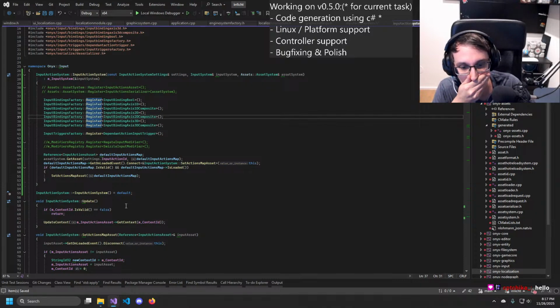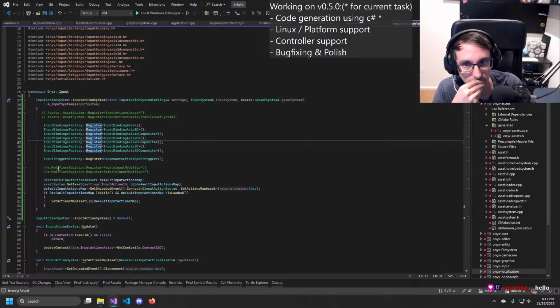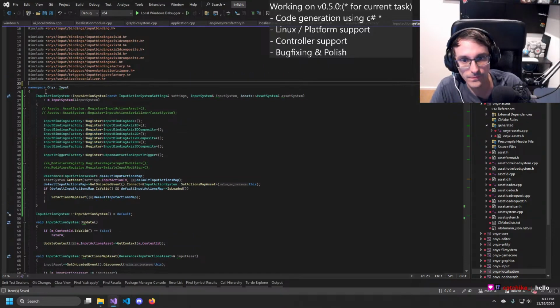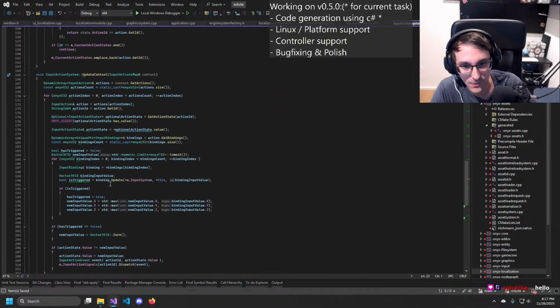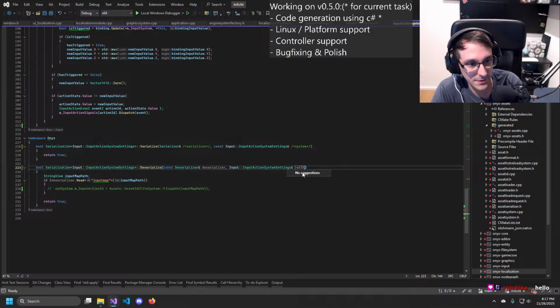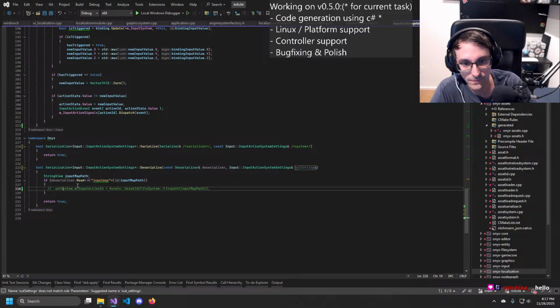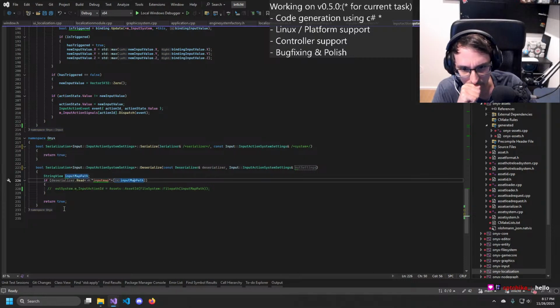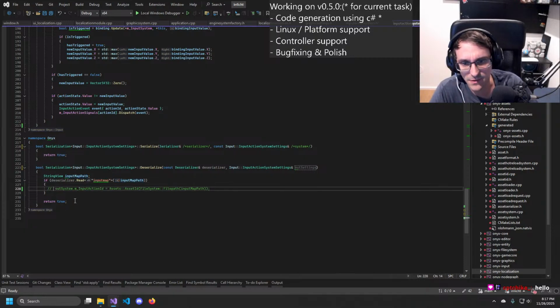Okay. So far, so good. We need system settings. Alt settings. Input map as a string, I see, okay, yeah.